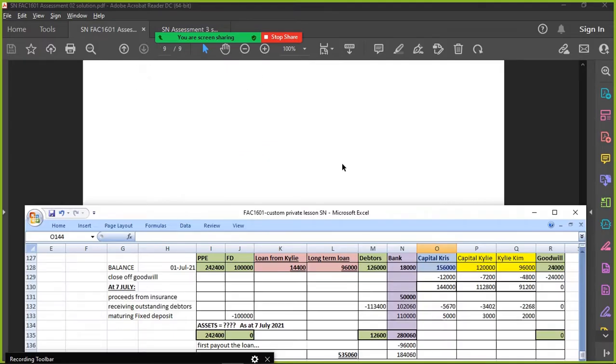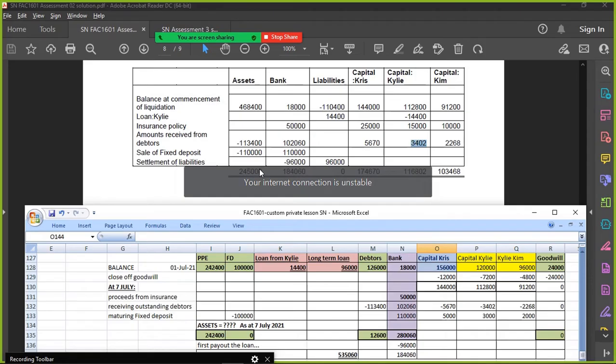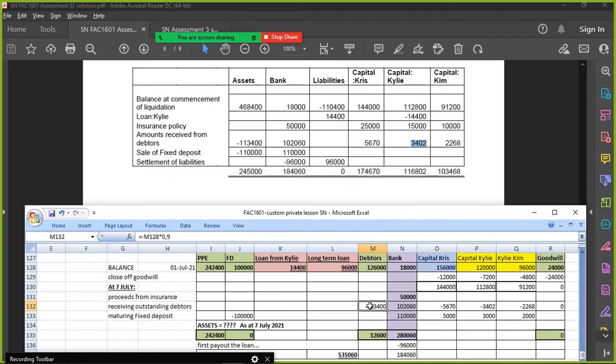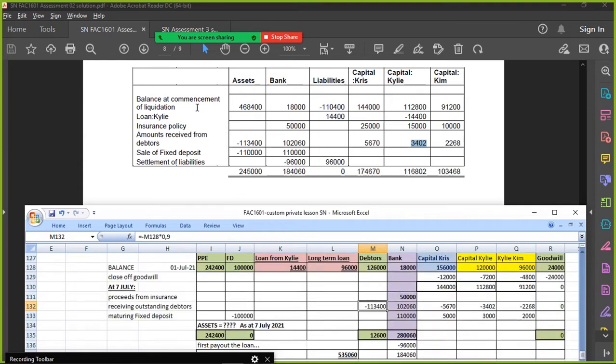Where's the last working? There is no last working. Assets. I think I've disconnected. 245. There's the 245. Okay, let's see. Debtors. I've got the 113,400. That's fine. Okay, their assets. Okay, balance at commencement of liquidation. Let me check that. Okay, I'm going to add up the assets here quickly just to see if we've got